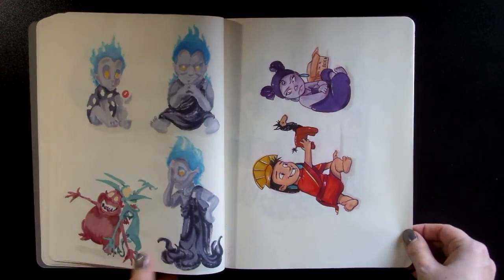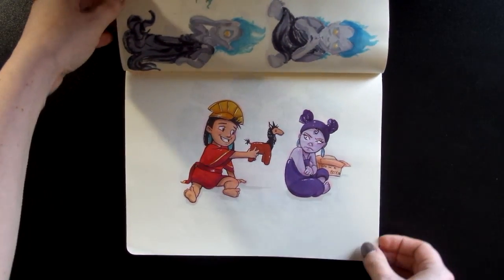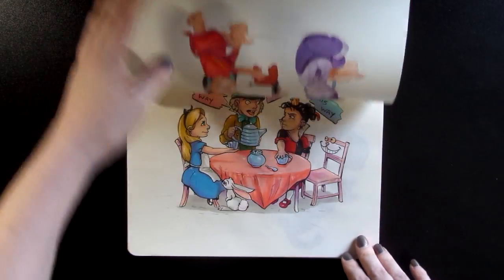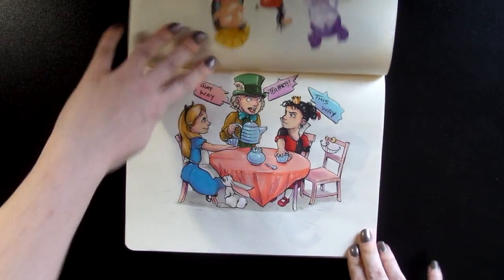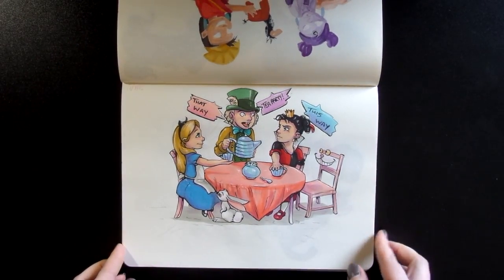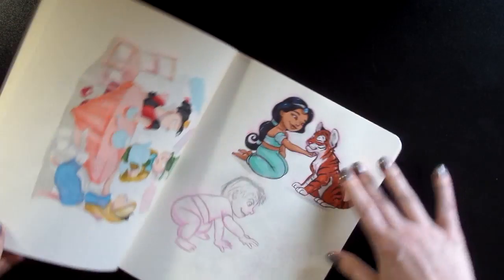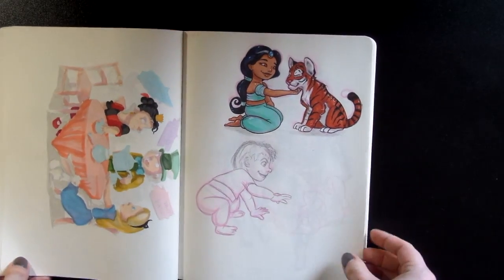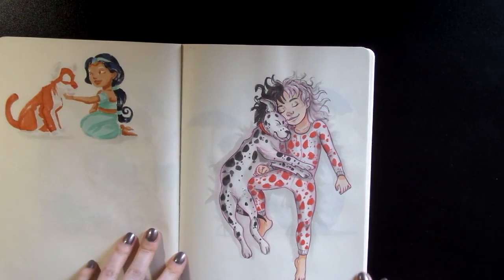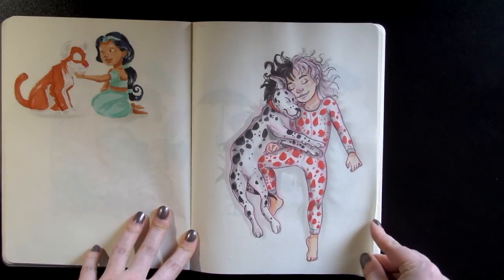I really learned the value of keeping a sketchbook throughout this challenge, I guess you could call it. I found that I was actually looking forward to drawing every day a lot more than I would have done if I hadn't been doing these. And it was constantly making me think of what I wanted to draw that day. And a few of these I'd be looking up references, so I was also